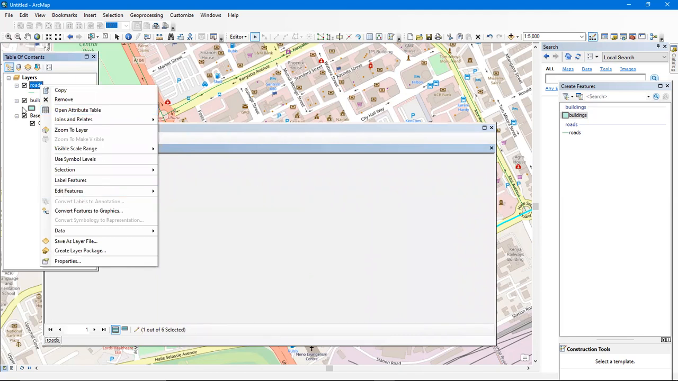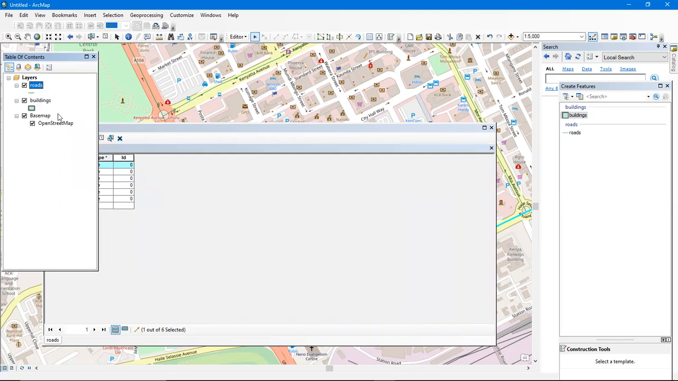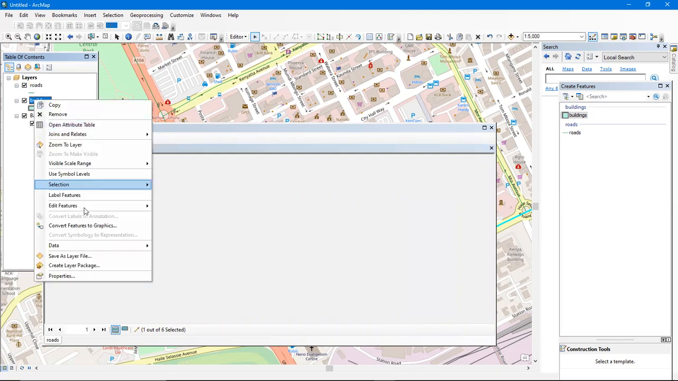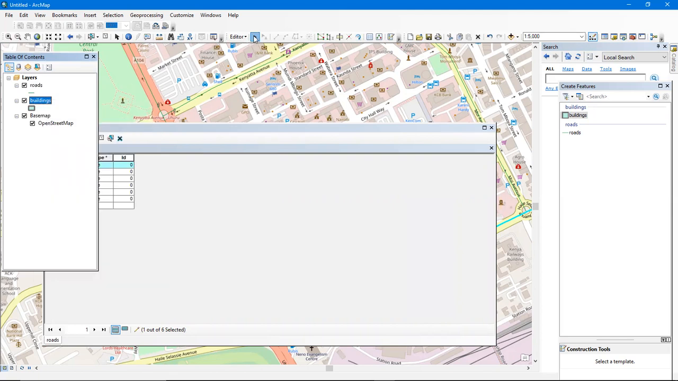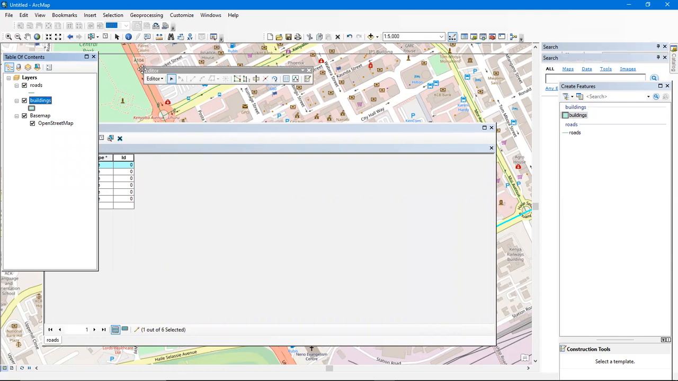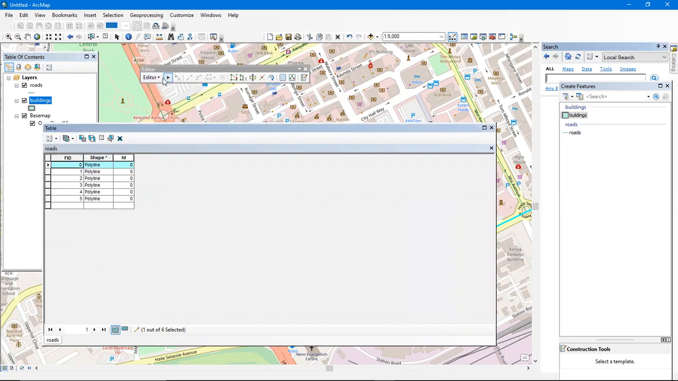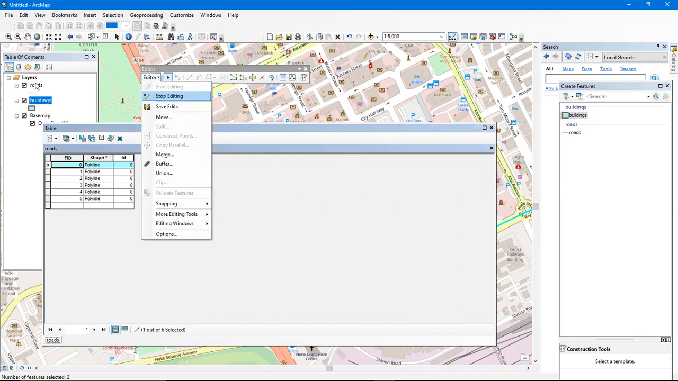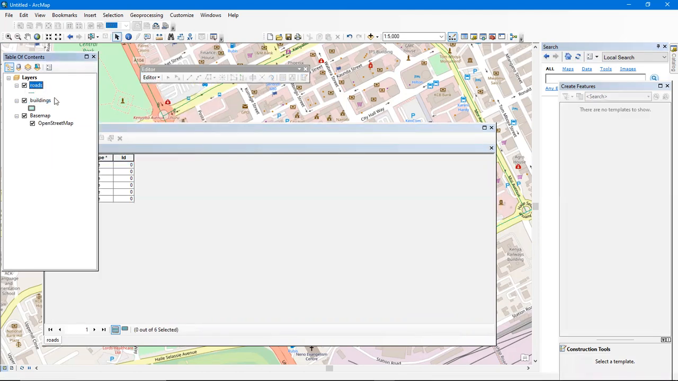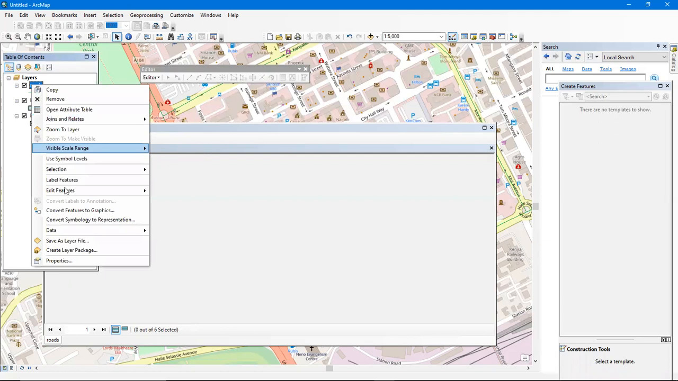But before I do that, I may want to stop editing this one. So I'll just come to edit features and then, okay, let me just use the editor and drag it back to my screen so that you guys can see it well. So I was editing buildings, so I'll just click save edits, and then I can stop editing so that it can allow me now to edit my attributes table. So I start editing